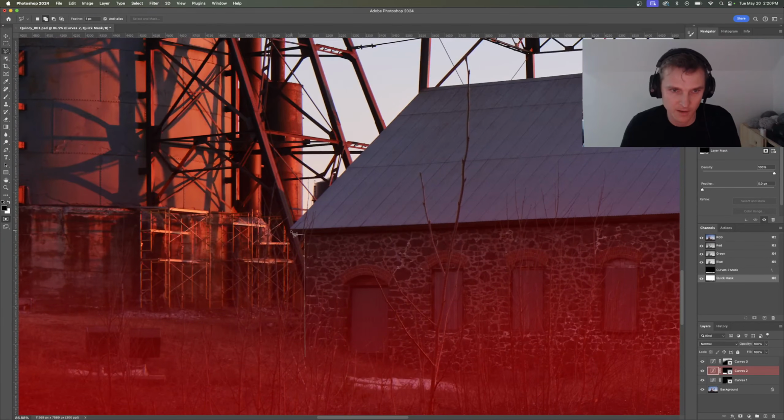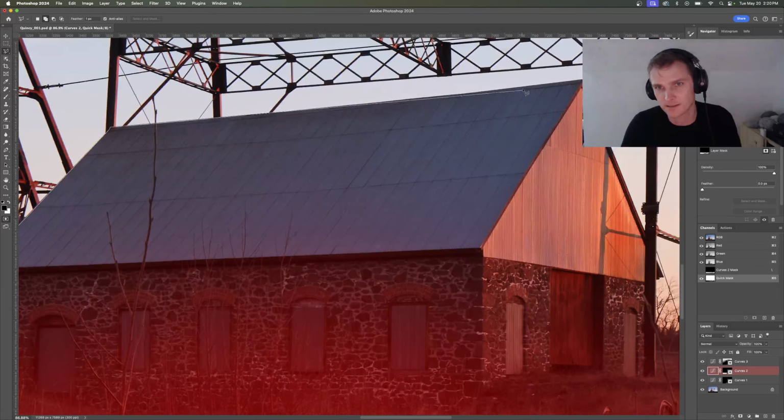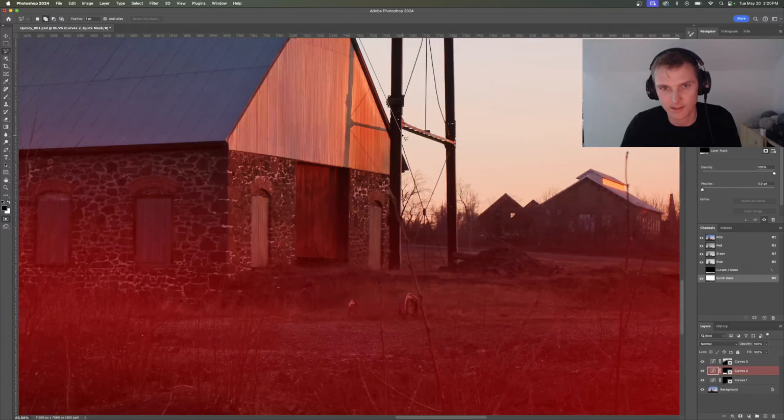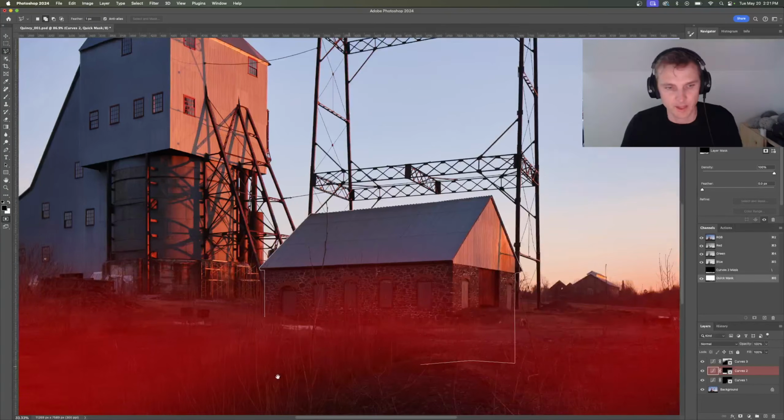grab this little hoist house here. This is the Quincy Mine Hoist in Houghton, Michigan. I photographed this last year as part of an ongoing series that I was working on. And I was up there for a client, but ended up just doing this in my extra time. So